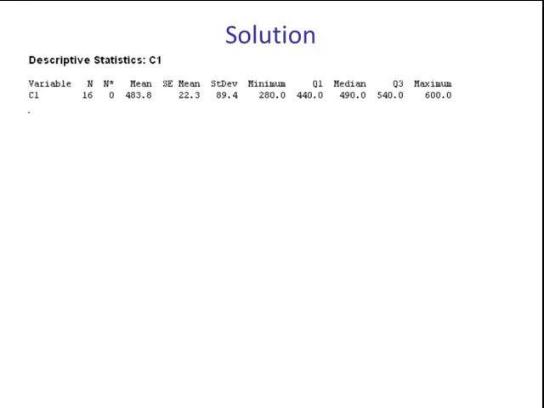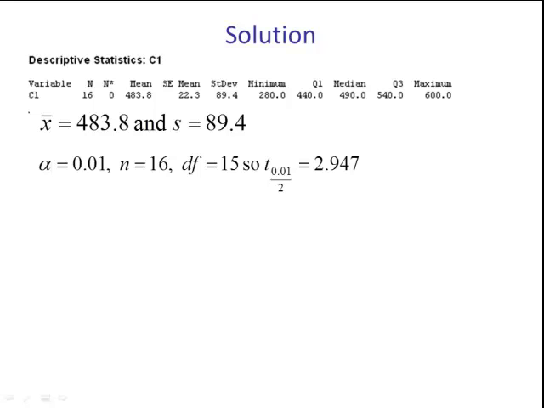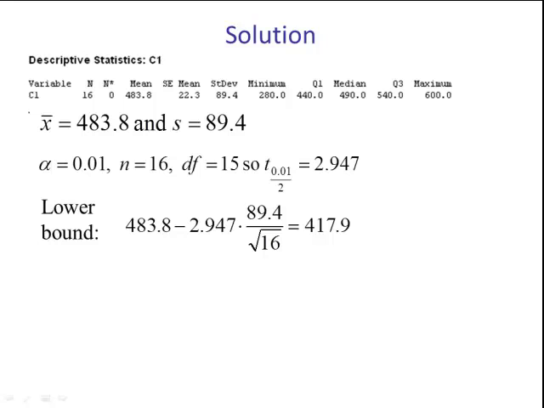These are the statistics that Minitab computed. We see that the mean is 483.8 and standard deviation S is 89.4. Our alpha is 1%, 0.01. Degrees of freedom are 15. So T alpha divided by 2 from table 6 is 2.947. So using these values, we compute the lower limit to be